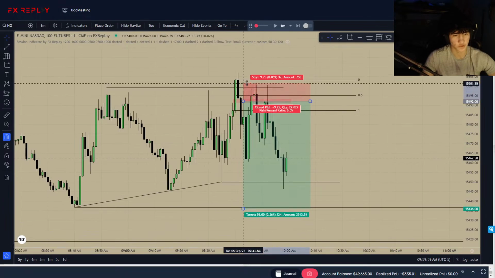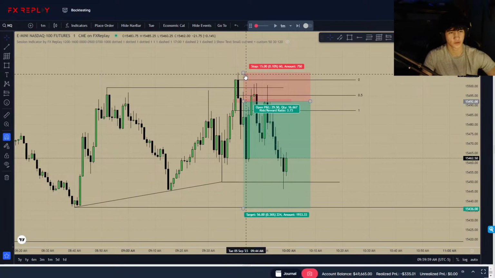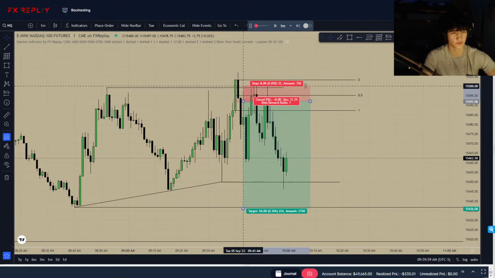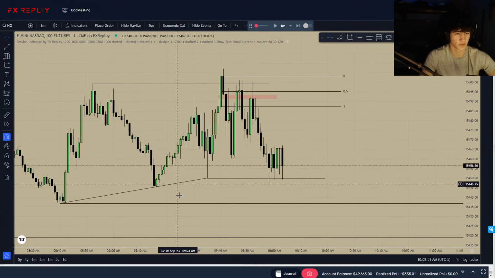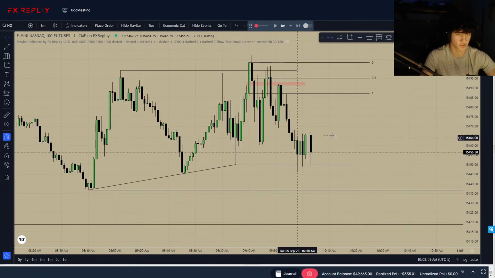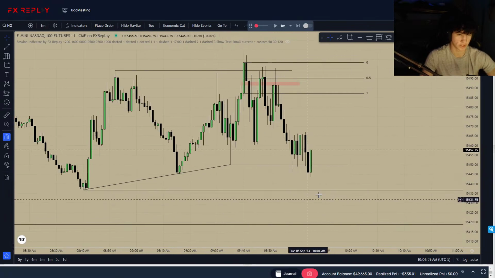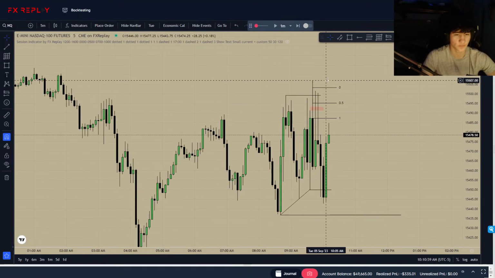Okay, but how much risk would that be? How much would that incur us on? Not much. That's a little bit too much. That's exactly at the 15 handle mark. I don't really like going above 12, but let's run lower. I want to see this. Since we already tapped into this lower one, our partials have been taken. I still want to see this low get taken, but we don't have to.